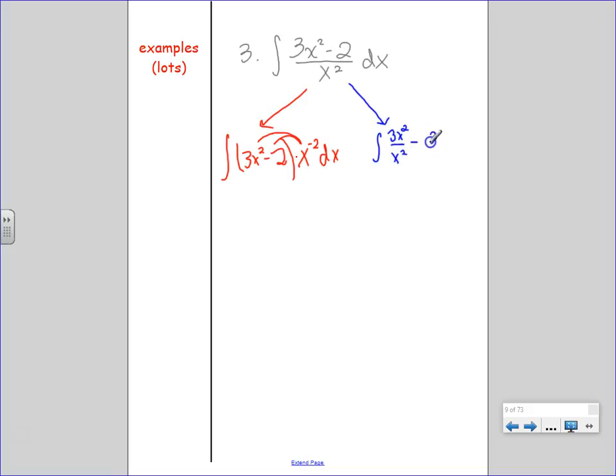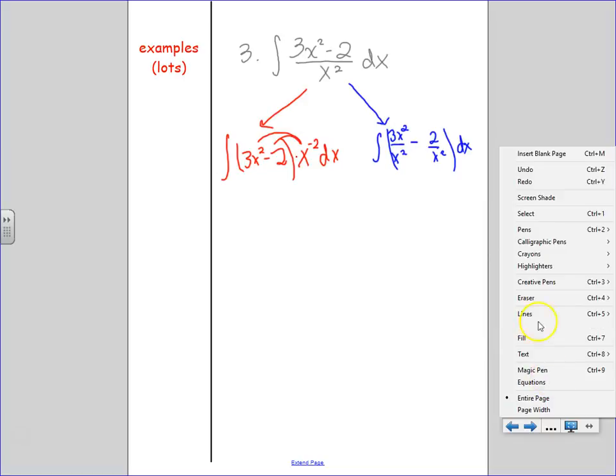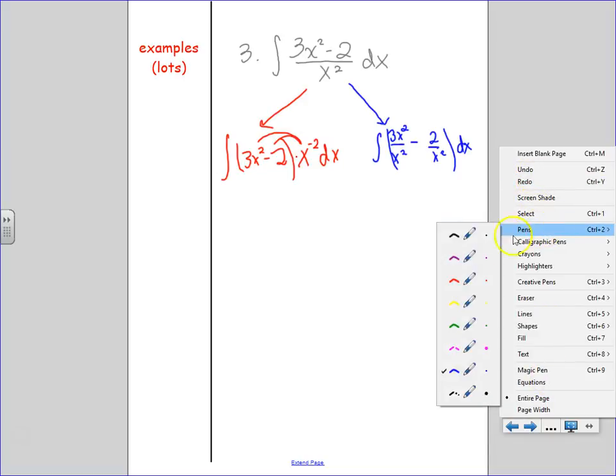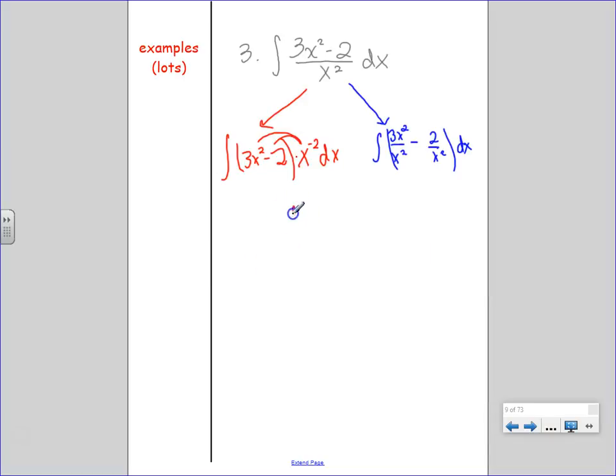minus 2 over x squared dx. I'm not killing anything, because I'm saying, hey, this got put together from 2 guys with a common denominator. So I'm just separating it. I'm taking them apart. But look at what happens with either one. Where do we end up in order to be able to keep taking the derivative? At the integral of,